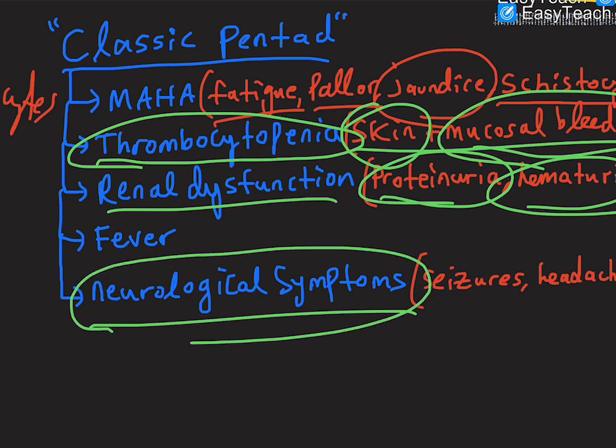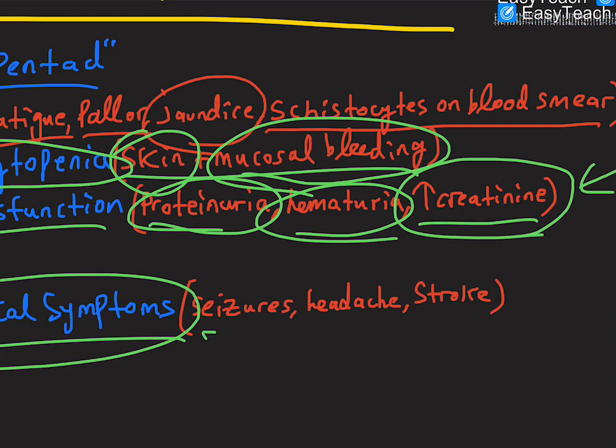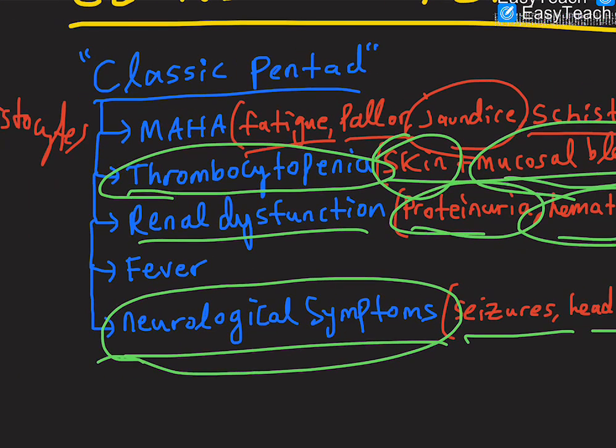And if all of this hemolysis is occurring inside small blood vessels supplying your brain, you can see things like seizures, headache, and stroke-like symptoms. So those findings make sense too. And the last finding is fever. So that's it. That's the classic pentad that we have to know for